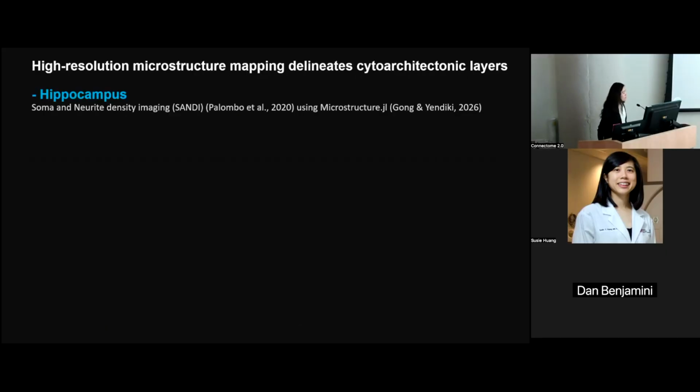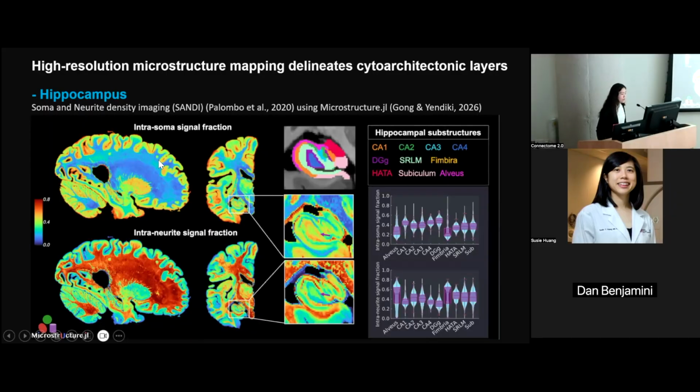On the human side, we have effective higher resolution, and we also demonstrate that this data can help delineate the cytoarchitectonic layers. For this demonstration, we also use the soma and neurite density imaging model, SANDI. Here we use the probabilistic estimator with priors optimized for ex vivo imaging using the Microstructure Julia toolbox. So we estimate the intrasoma signal fraction and the intraneurite signal fraction as indices of the cell body and the